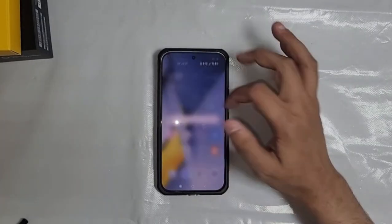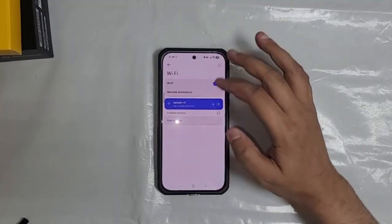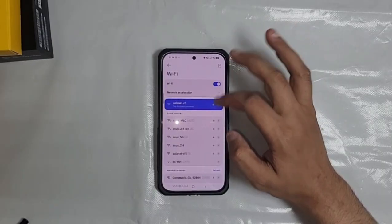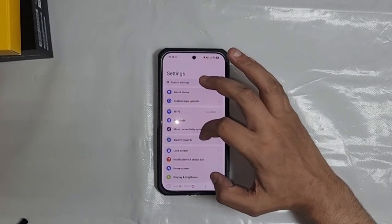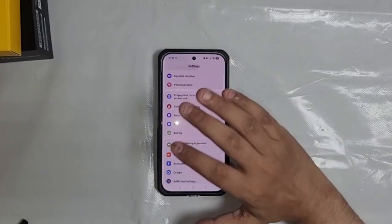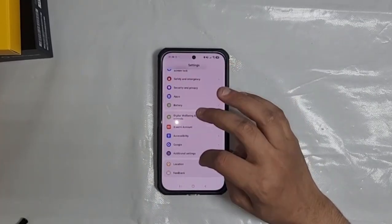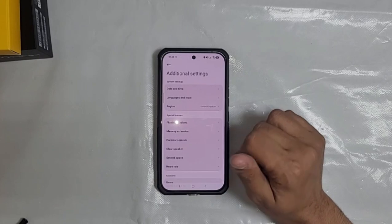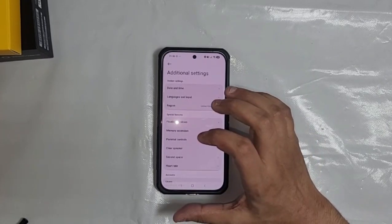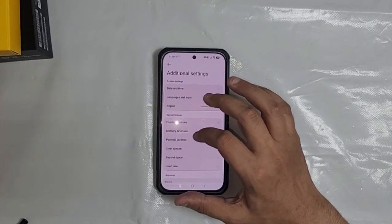Now if I go into the settings, Wi-Fi, pretty standard, nothing new, very simple, straightforward menu. So feature-wise, you won't find anything different or unique. It's just that when you feel the phone, in terms of performance and display, it has got quite strong hardware, but unfortunately the software is still far away from what it should have been